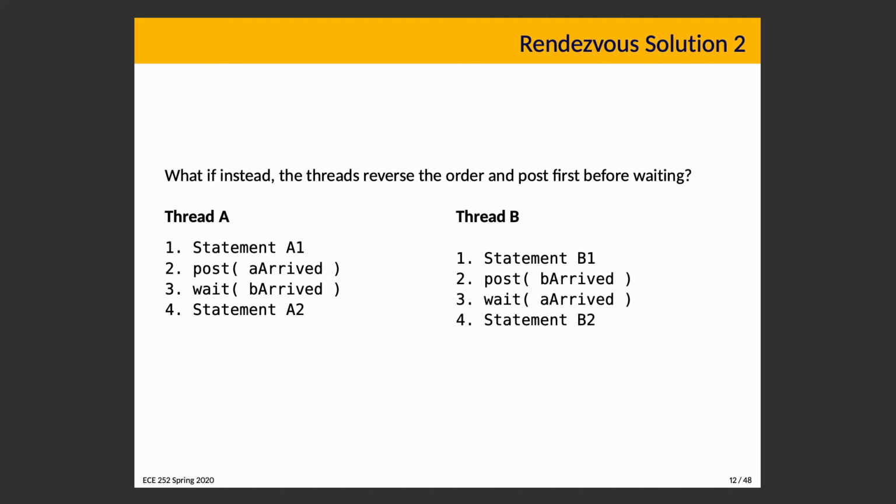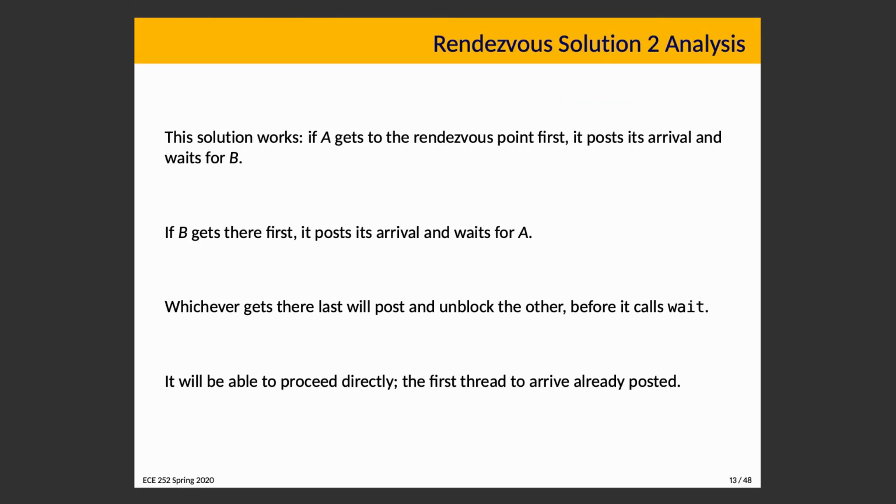Okay, the answer to that is yes. This does work. If A gets to the rendezvous location first, it indicates its arrival and waits for B. If B gets there first, it posts its arrival and waits for A. Whoever gets there last will post and unblock the other before it calls wait, and whatever thread gets there second will not be blocked when it calls wait because the post from the other thread has likely already happened, and